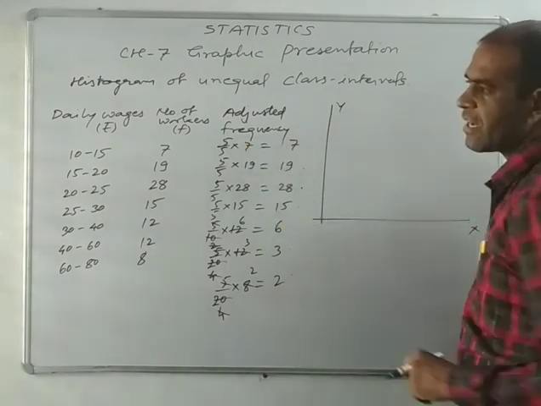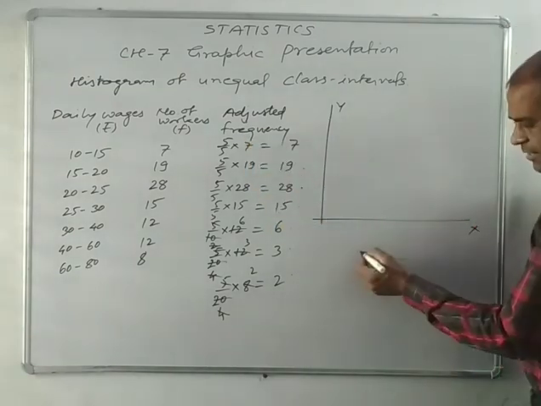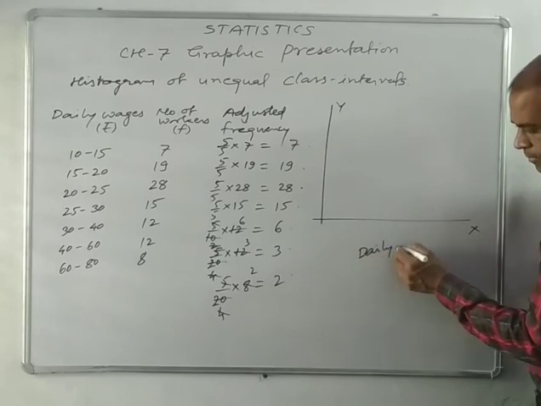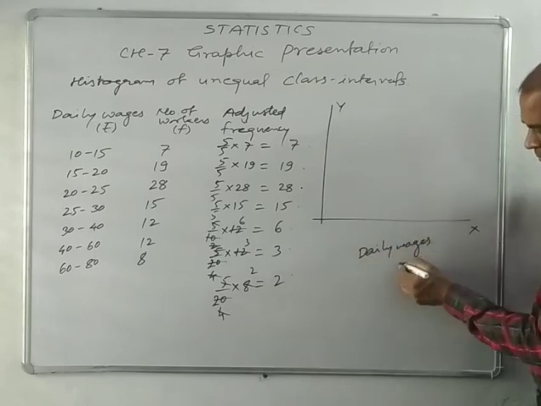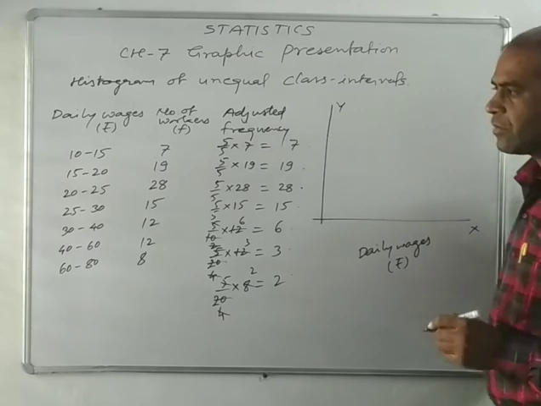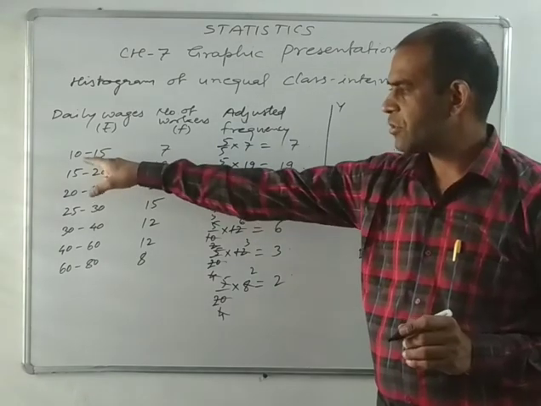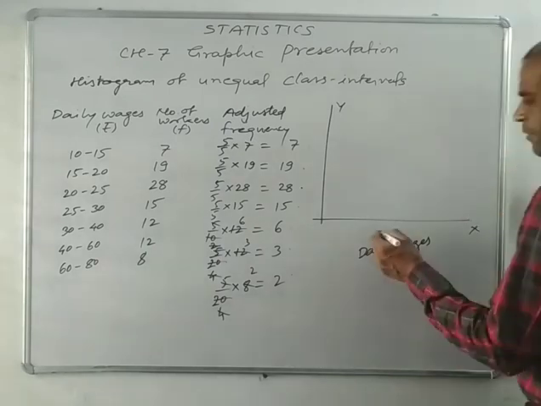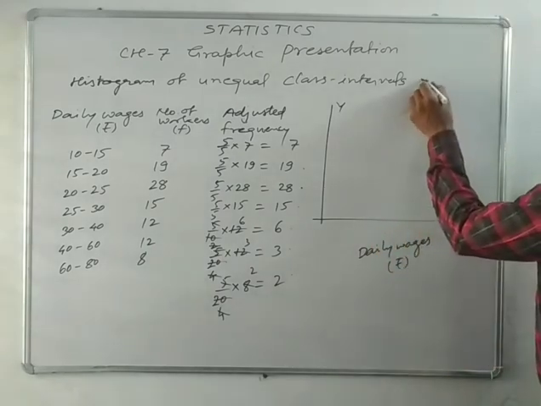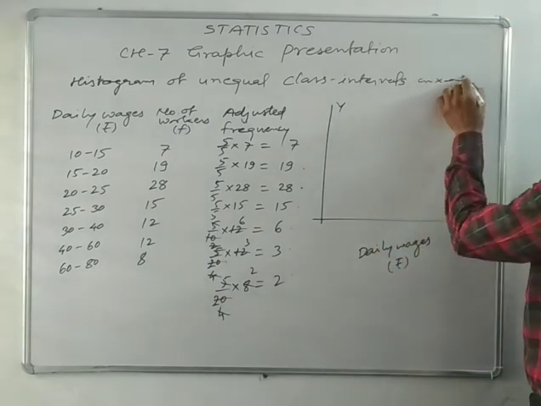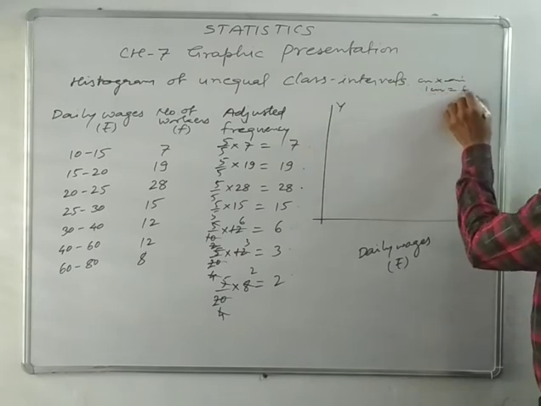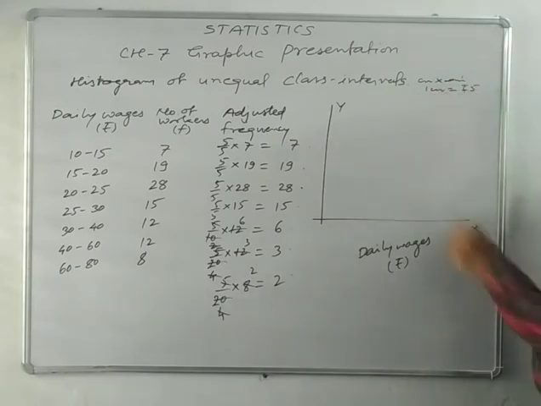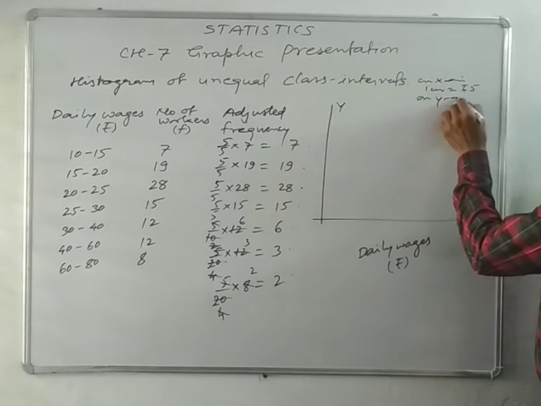On the x-axis, we are taking the daily wages. Daily wages start from 10. So we are taking 5 on the x scale: on the x-axis 1 centimeter equal to ₹5, and on the y-axis